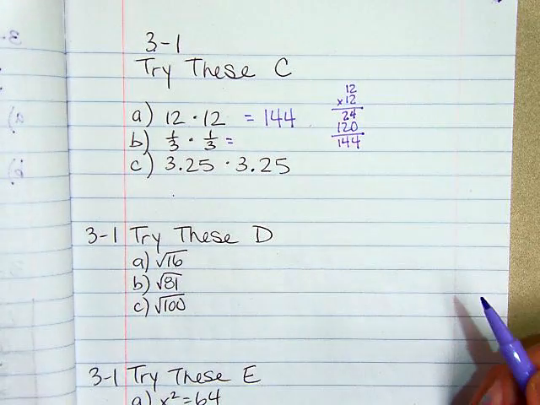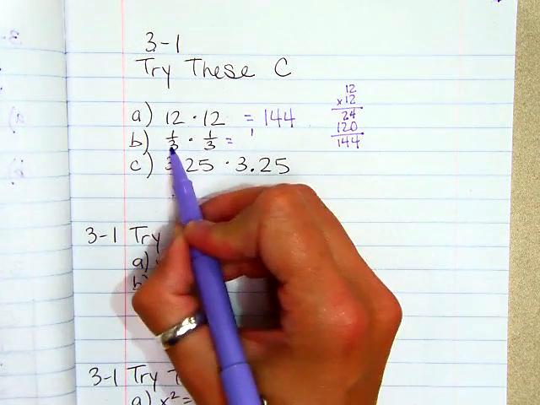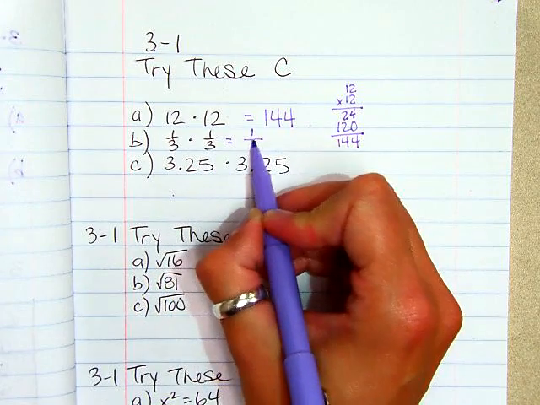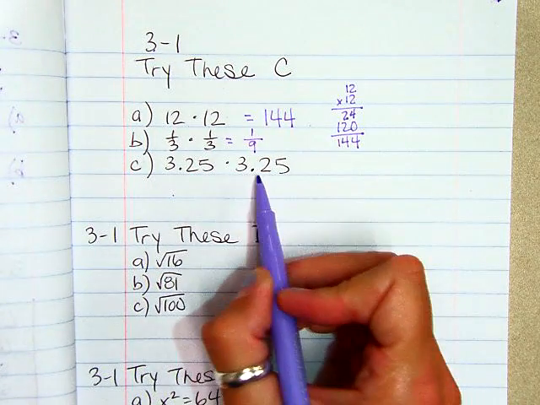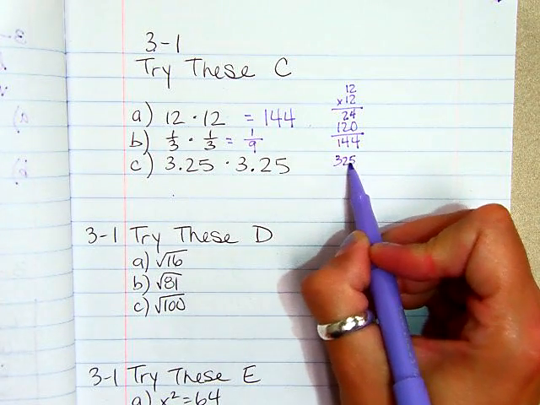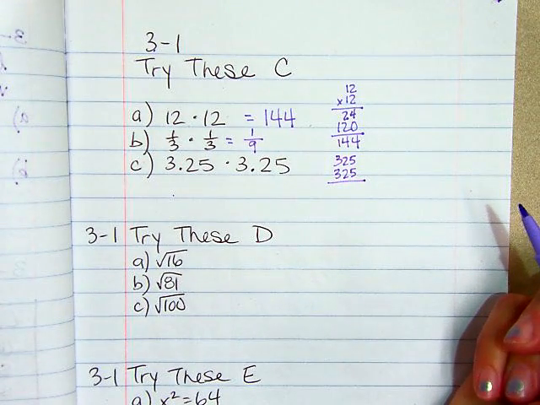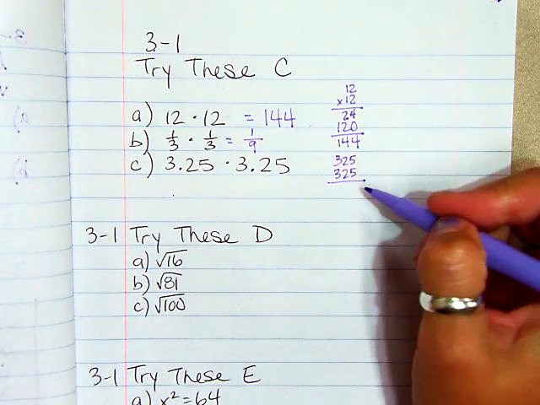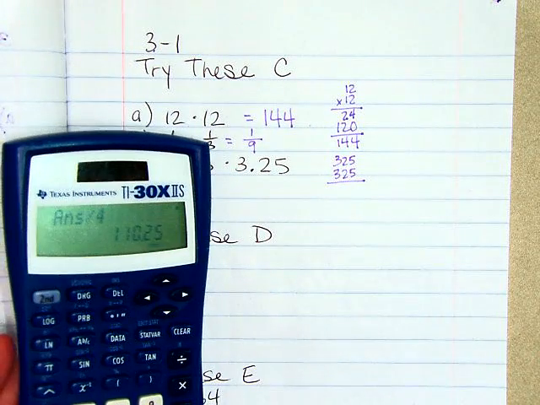Also, fractions, if you remember, we multiply across the top, 1 times 1. Multiply across the bottom, 3 times 3. Done. Now, this one, again, is going to be like multiplying 325 times 325. It's a little more lengthy to do by hand, but it is possible. So I'm going to go ahead and just plug it into my calculator to show you that that is